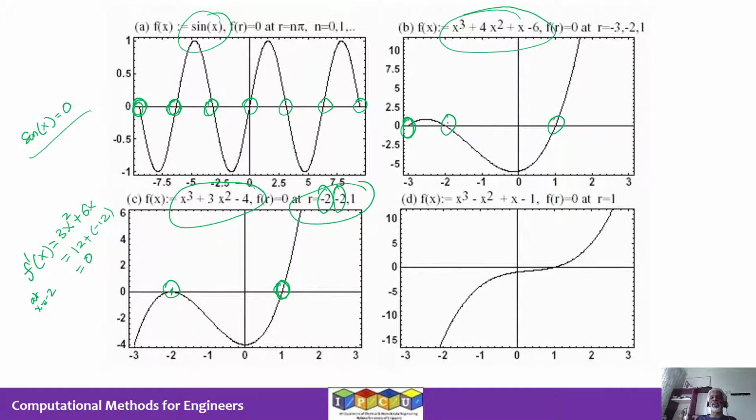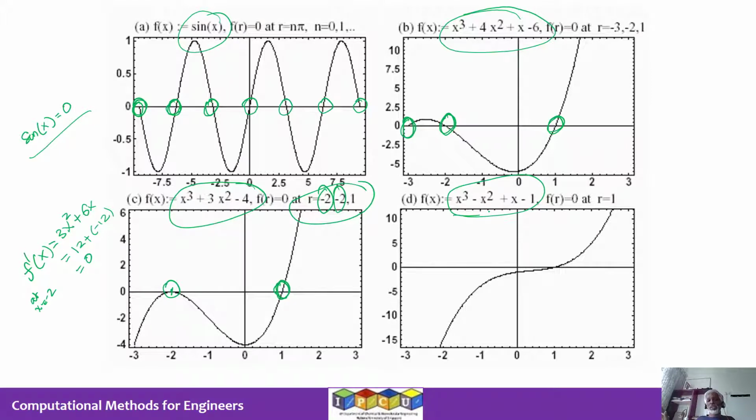Here it cuts the x-axis, cuts the x-axis, cuts the x-axis, etc. So this is an interesting thing that you see in panel C, where some roots can be repeated. Now, if you take another third order polynomial that is given in panel D, what you see is if you